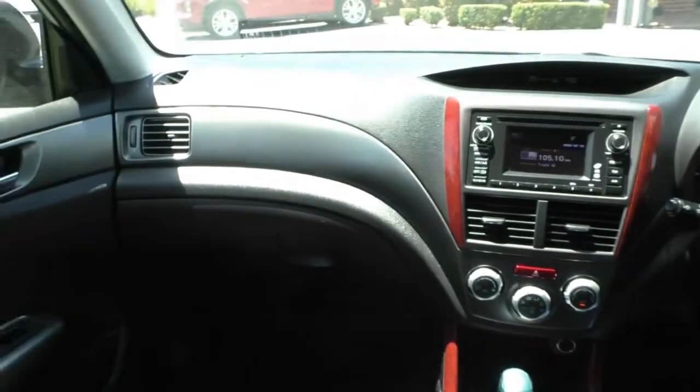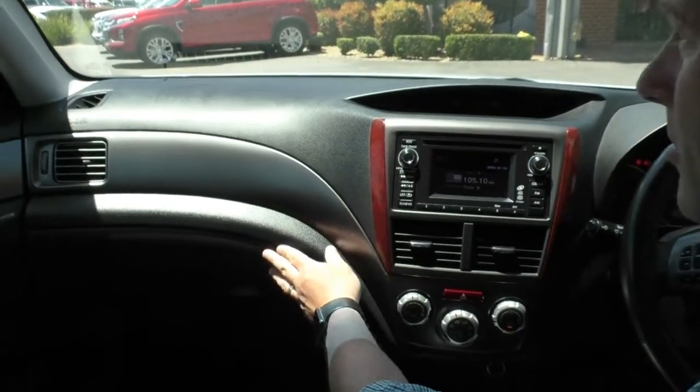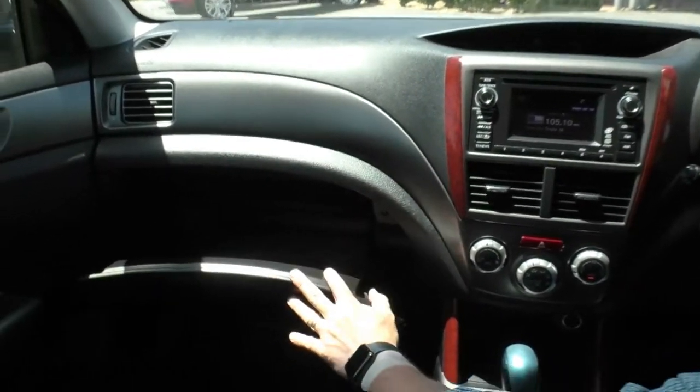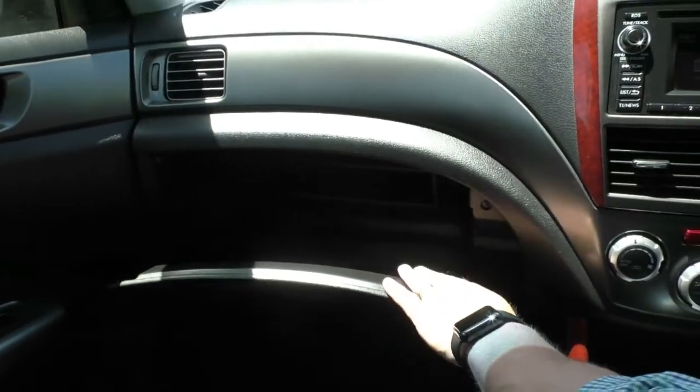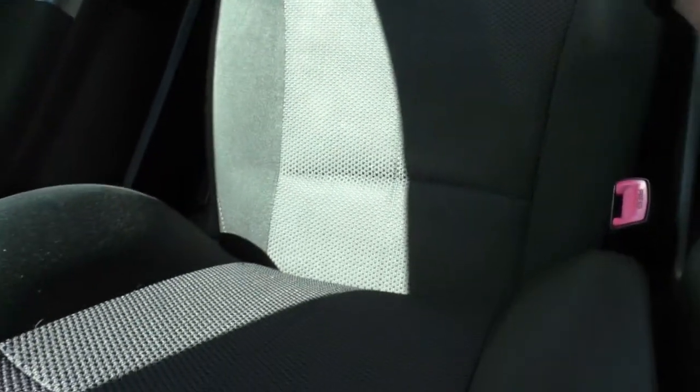Moving through the rest of the car, it has been very well kept. Your dash is all in excellent condition with no major wear or marks. You've got a really big glove box in there, got the books inside here. You've got carpet floor mats, cloth interiors in excellent condition. Again, being super critical, just a couple of tiny little pulled threads on the cloth, but far out for a